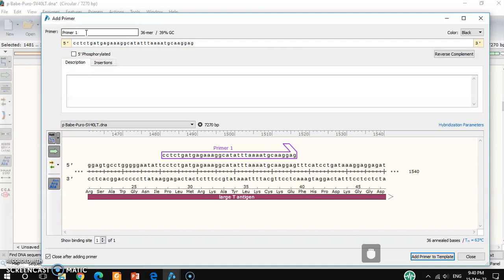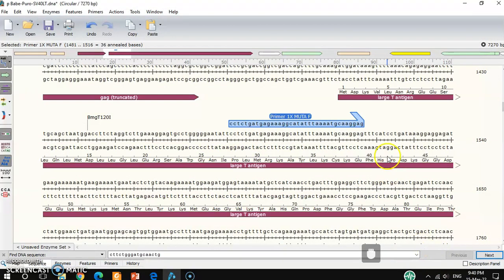Primer 1X mutation forward, add primers. But another important point I want to mention here: for the large primer we have to check the